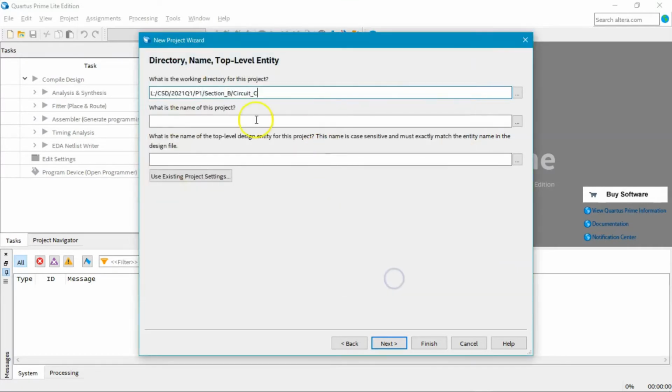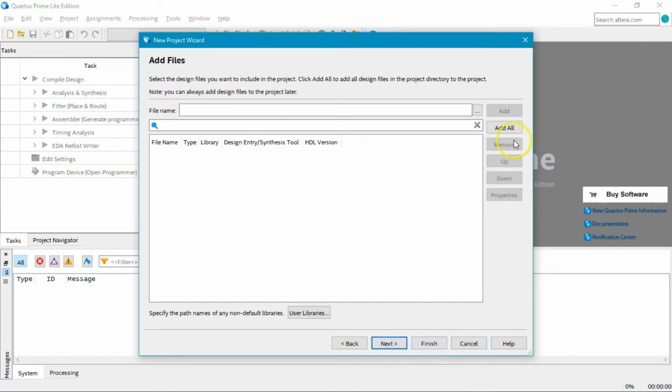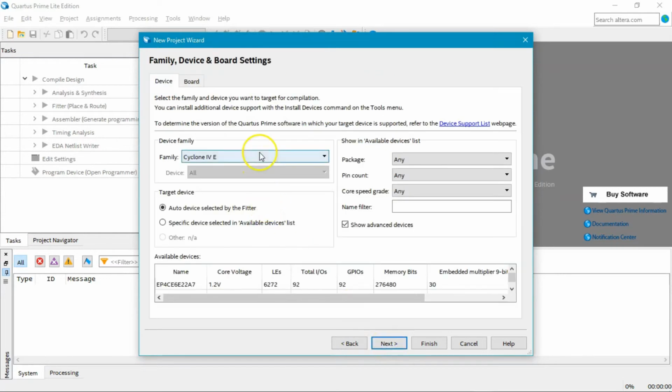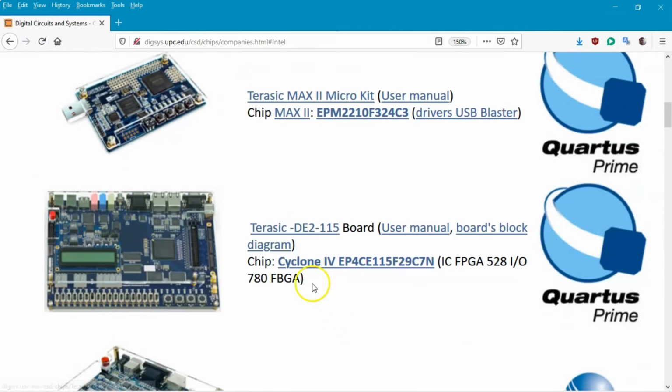So let me select it, and now the project is going to be Circuit C underscore PRJ, and now the top entity, you know, is the Circuit C. So you say next, empty project, and let's add what is here in this folder, and this is what we've been editing, the source file. You say next, and now let's pick up, well, doesn't matter, but if you like to get the Cyclone, it's not a problem, because it is just for this time